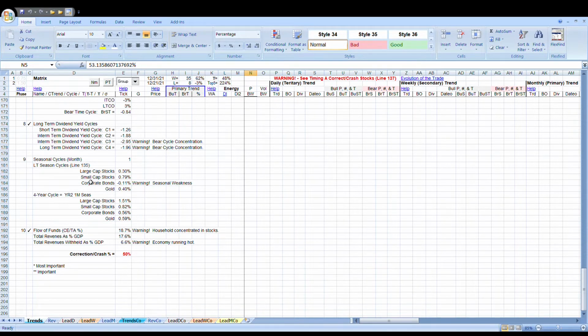There's a few other ones. I think gold stocks are in there as well. Relative to risk-free assets, which is the Treasury bill, which essentially means that you're spreading the two assets, and anything that produces a positive return means that you're going to get outperformance of large cap or small cap stocks or any of these things relative to Treasury bill yields over a 1 month period. And you can see that just since 1925, without any parsing out of cycles within them, large cap stocks and small cap stocks tend to do pretty well in the first month here, and that's what it's showing us. And corporate bonds are a little bit of a warning for seasonal weakness, but